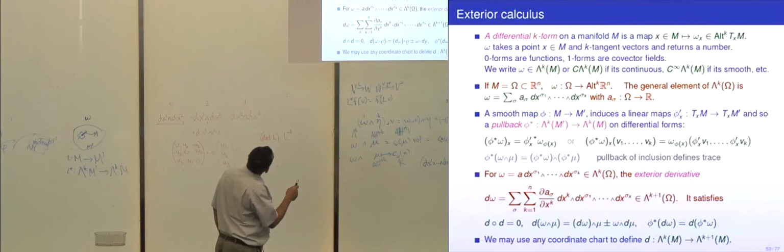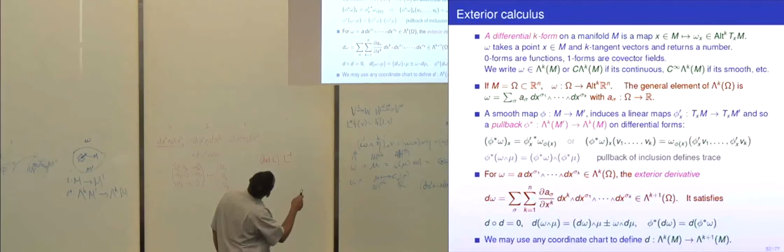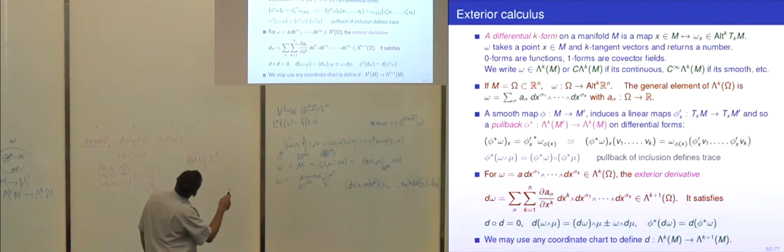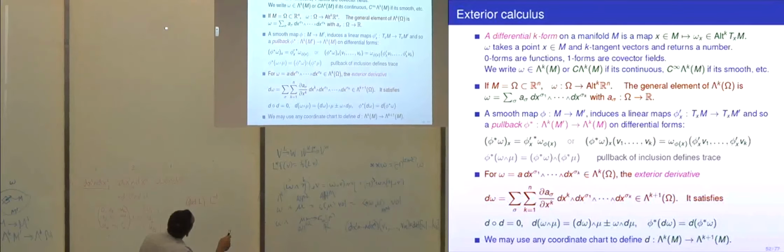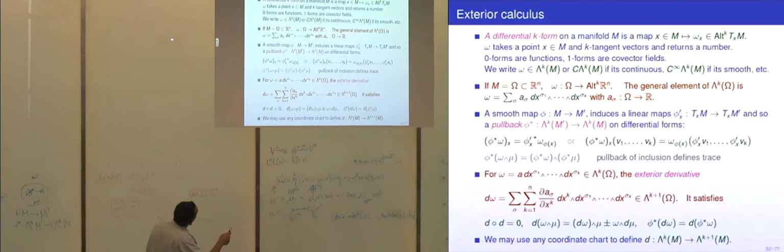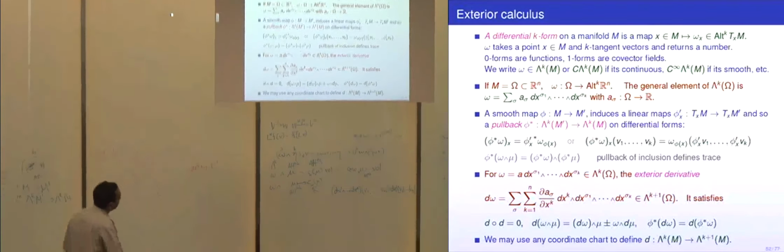Here I'm inconsistent. Here I should have put a sum over sigma because I did a sum over sigma here. So let's say we took the sum over sigma, dx sigma 1 through dx sigma k. I want to differentiate it. It's a linear operator, so the sum over sigma pulls out. And then I want to differentiate this. These things are constants, so the only differentiation goes on a sigma, and the exterior derivative of a sigma is the sum of partial a sigma over partial xk, dxk. And that gets wedged with all the other terms, and you do that, and that's the answer. That's the exterior derivative.